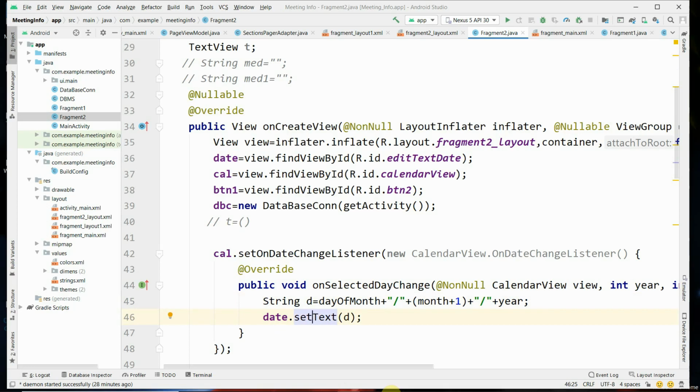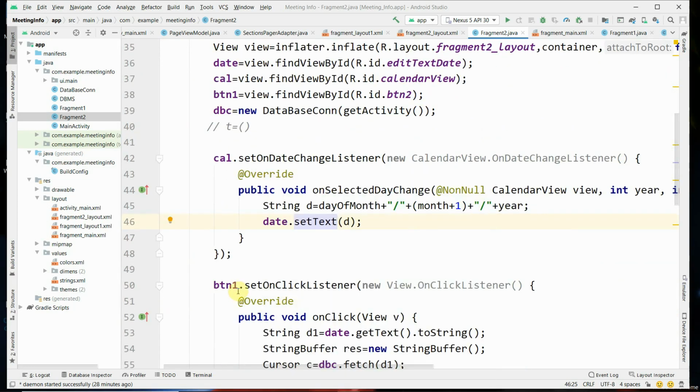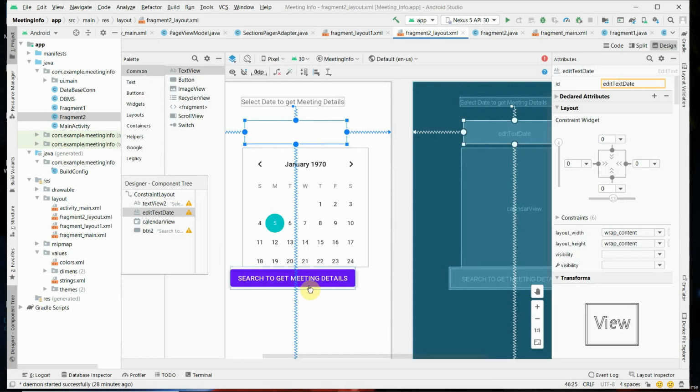Okay, and when you select the date and click on the retrieve meeting button in fragment 2, there is a search to get meeting detail.